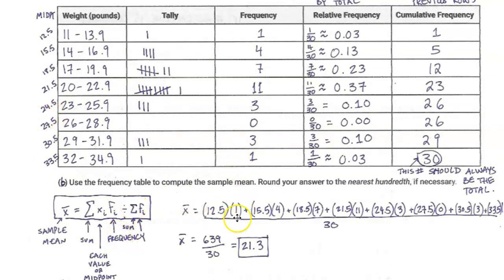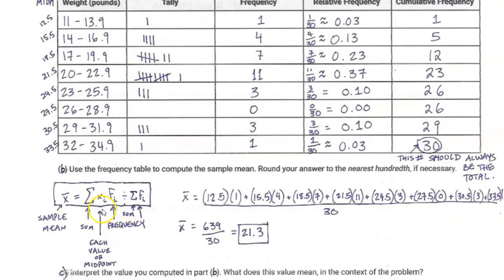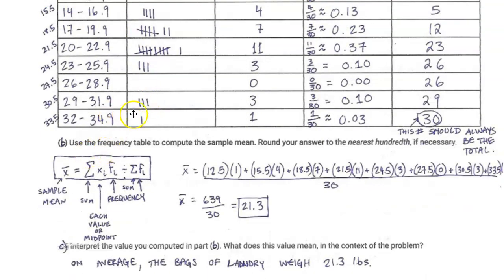The only hiccup here was it says I'm supposed to identify each value. Here we're actually using midpoints because these classes are not one specific value. I can't just choose 11 or 13.9 or 14. I have to choose the midpoint of the classes because what I'm saying is this one value is represented in this class, and this class's midpoint is 12.5. That's a value that's pretty representative of the class as a whole. Adding those all together and multiplying those all together respectively is here, dividing it by 30, which is the total